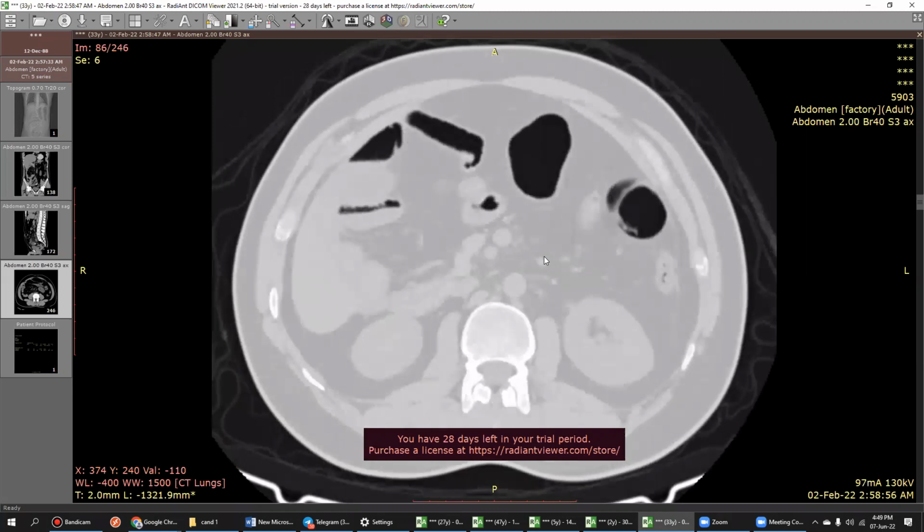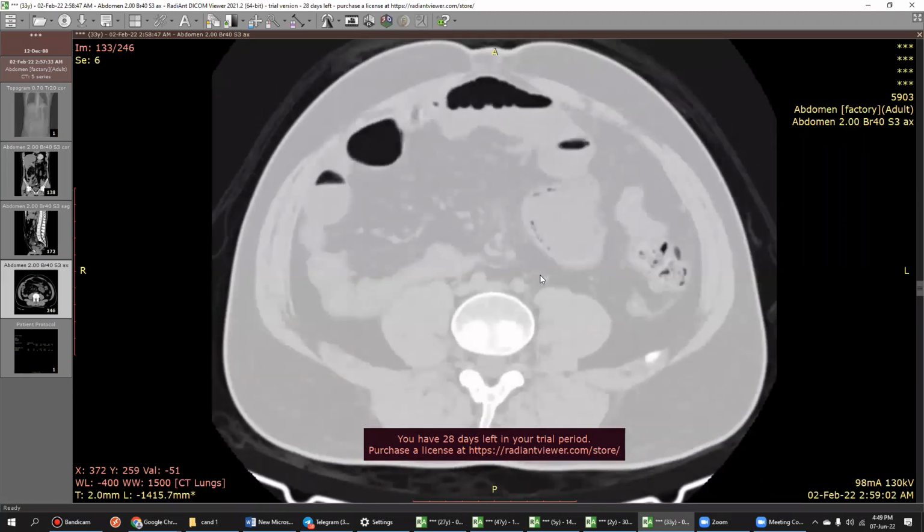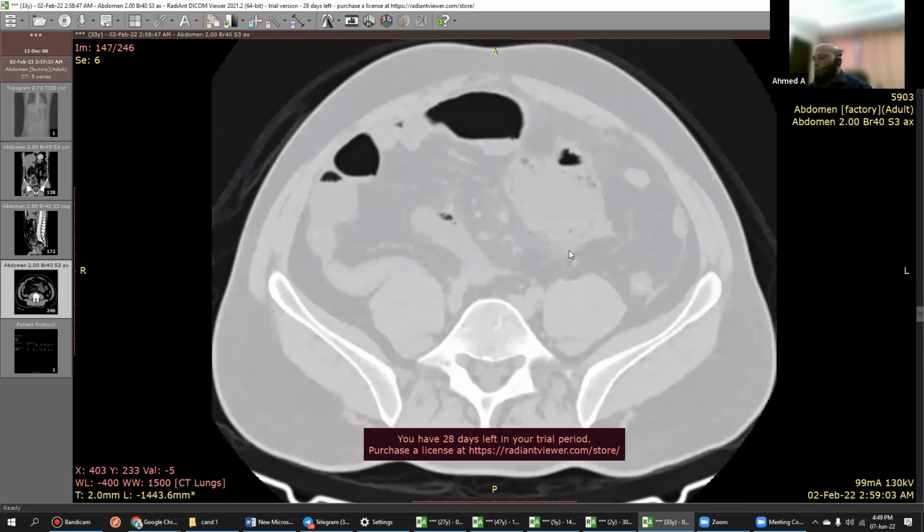Okay, so my concern for this appearance is a possible focal area of perforation, possible localized perforation or pneumatosis involving this region of the sigmoid colon, which appears dilated, and the underlying possibility of an underlying mass should be considered. So to take it further, I would need a post-contrast, contrast enhanced examination. Okay, I'll do that also.